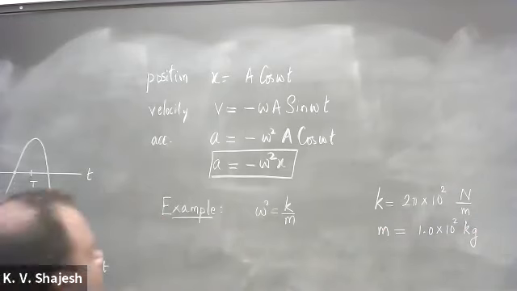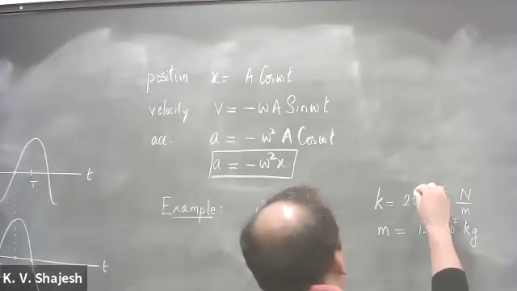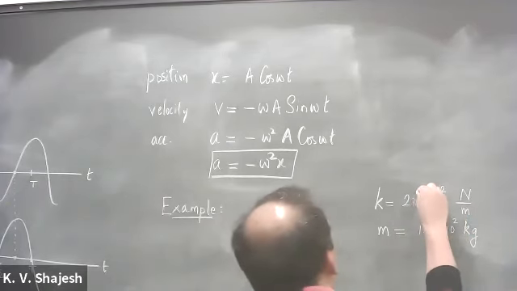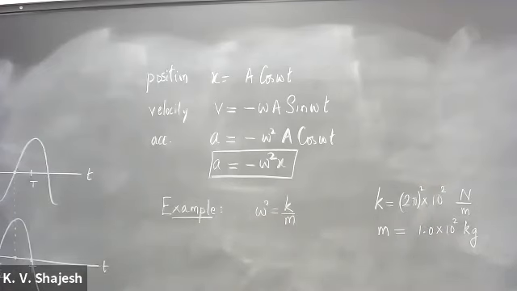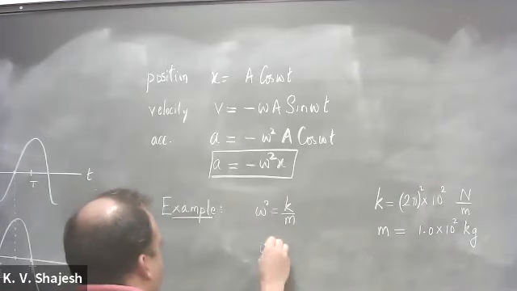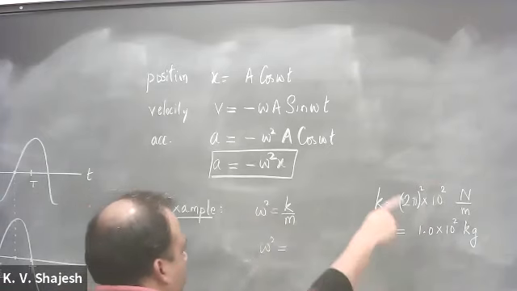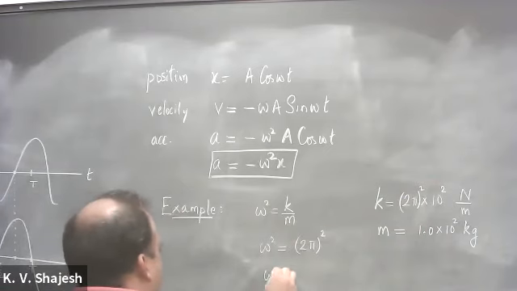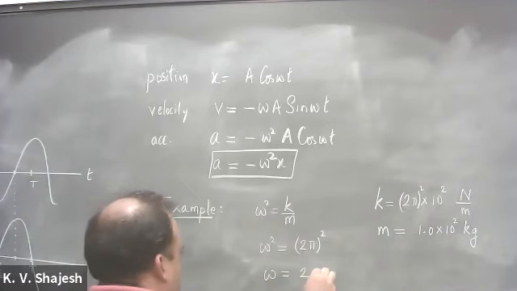Oh, let's make it squared. So I should actually, yeah, let's make this 4 pi squared, so that when it comes out and divides it out, that's actually 2 pi. So we immediately have omega squared is equal to, those two cancel out, and I have 2 pi squared, and that gives me omega is equal to 2 pi.